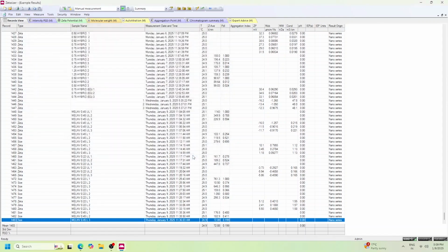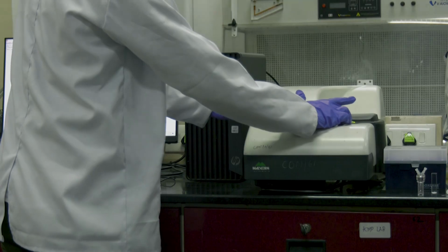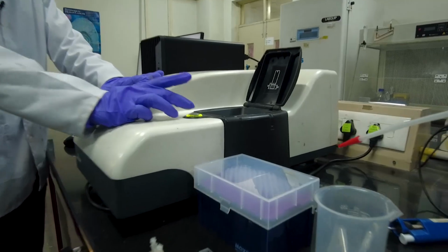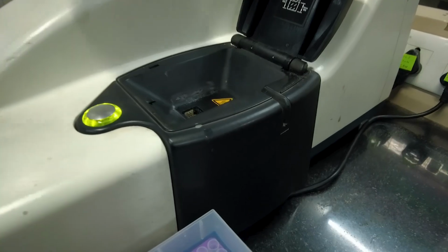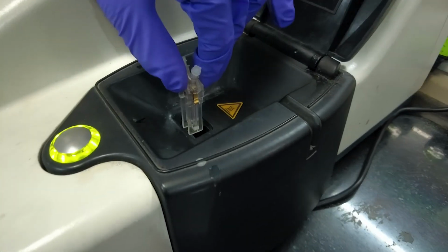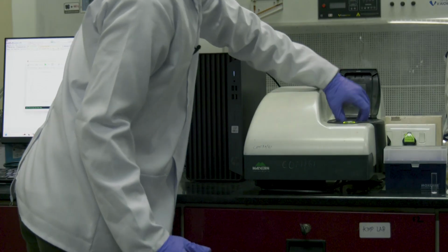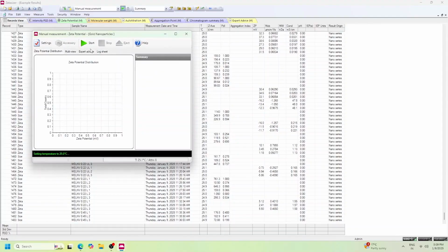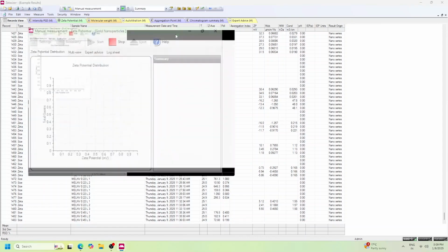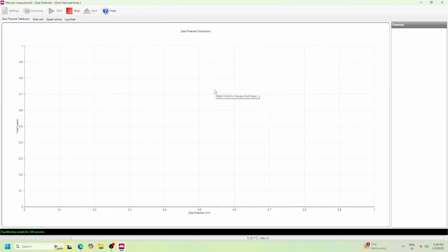Once all settings are configured, place the cuvette inside the machine. Open the lid. Insert the cuvette and close the lid. Press start. The machine will equilibrate for 120 seconds.